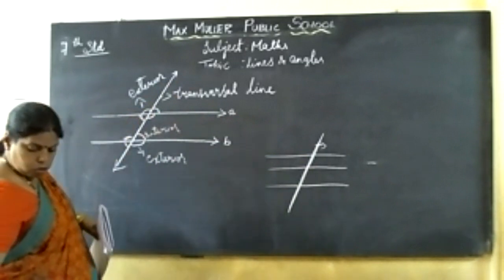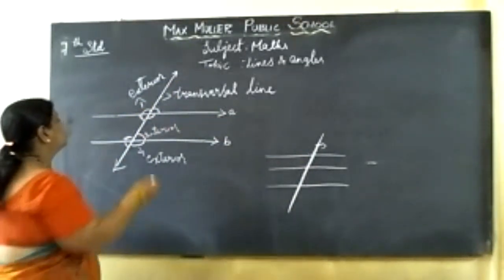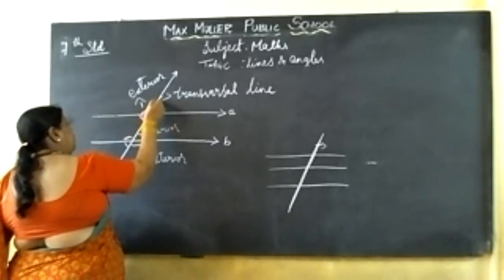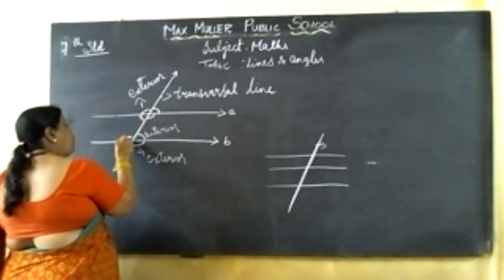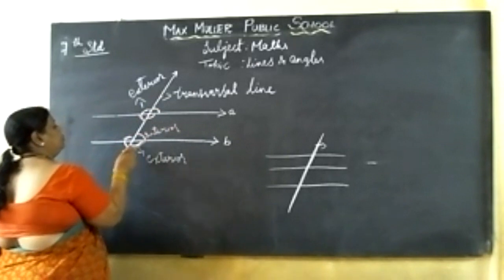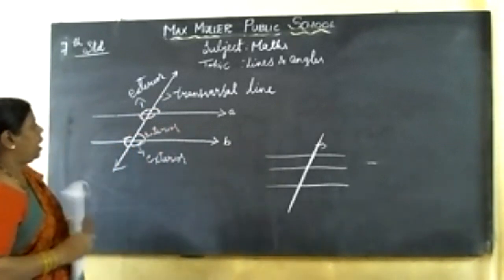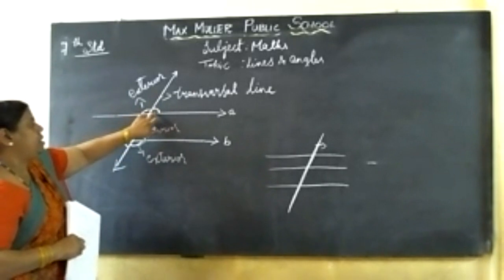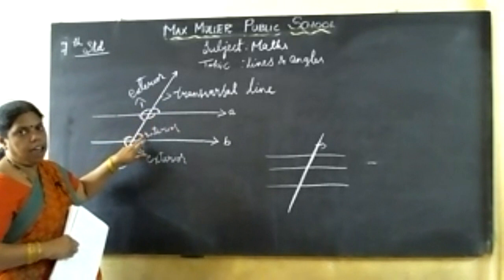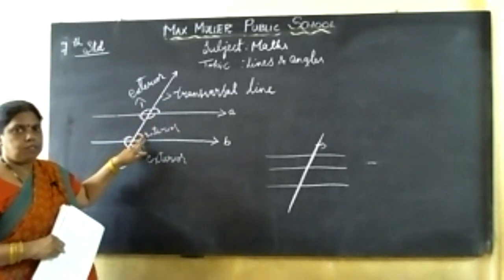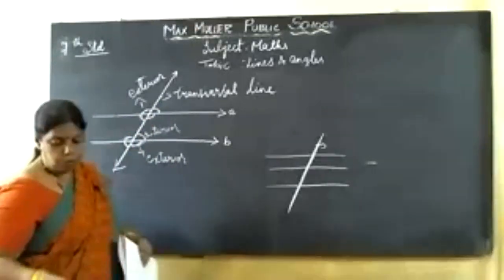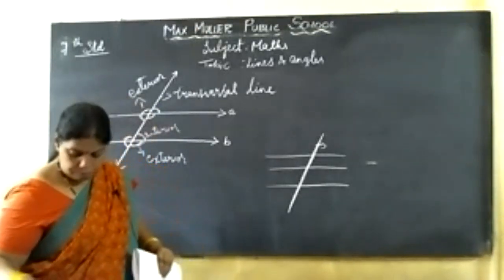See, it is intersecting here, isn't it? It is intersecting here. There forms an angle. There forms an angle. Outside it is an exterior angle. Here it is an interior angle. Understood? Getting? Okay? Now, let this be like this.